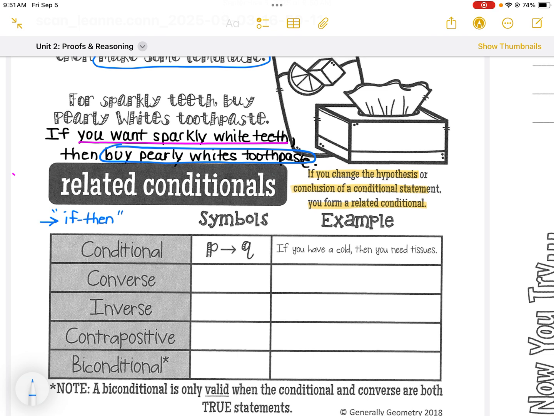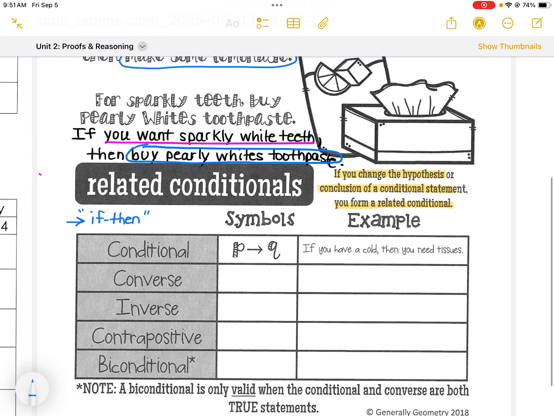The P is the hypothesis, and the Q is the conclusion. Okay. So if P then Q is our traditional order of the conditional statement: the hypothesis comes first and then the conclusion, okay? So in the problem we have here, if you have a cold,